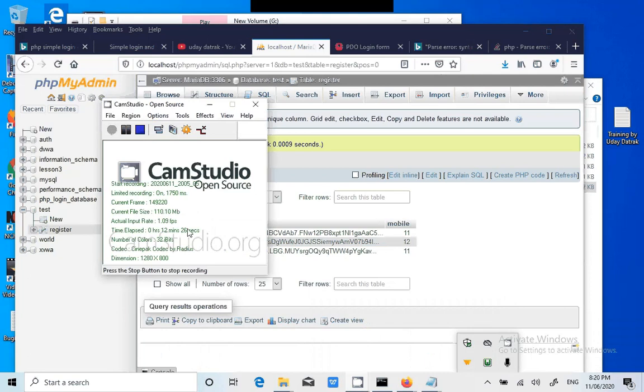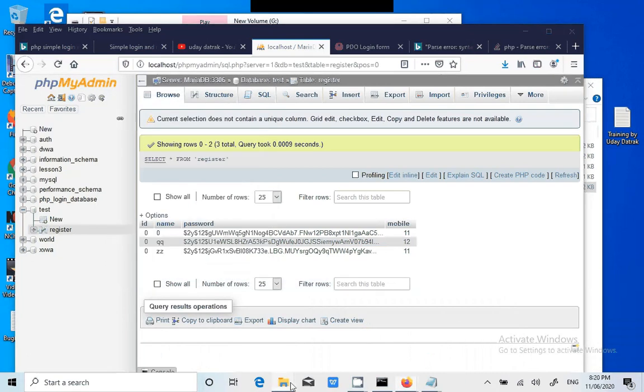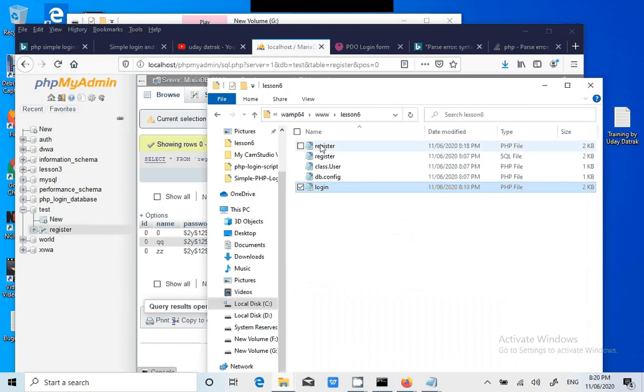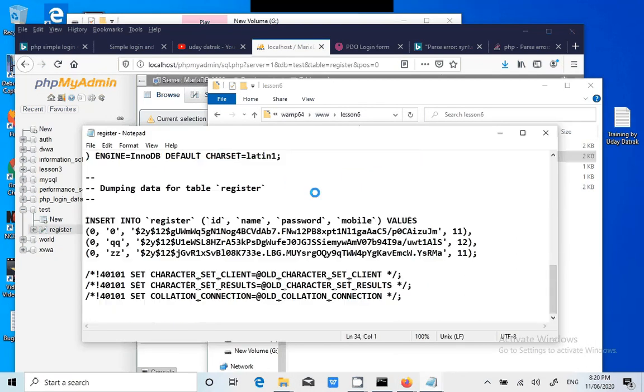we still have around 3 minutes. Let's play around. Now we don't need to use this, or else he did not give any. Everything is encrypted here, password, username. Okay.